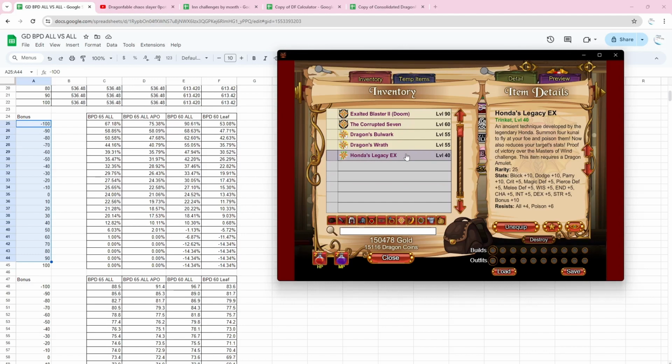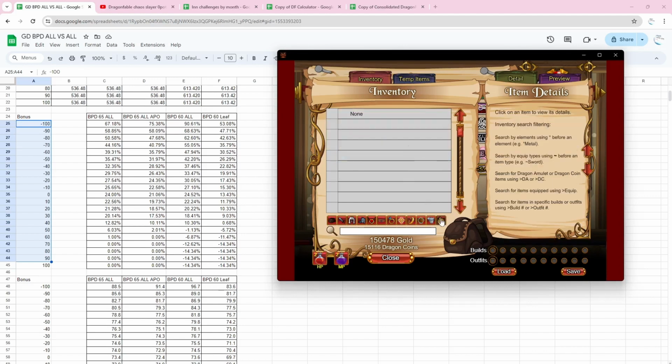This one's kind of like the real killer. 10 BPD, 5 MPM, 4 all-res. This is a beast. Compared to C7, 0 of those stats. So this is kind of like a key item here. Legion Bracer as always, and that is the build. So